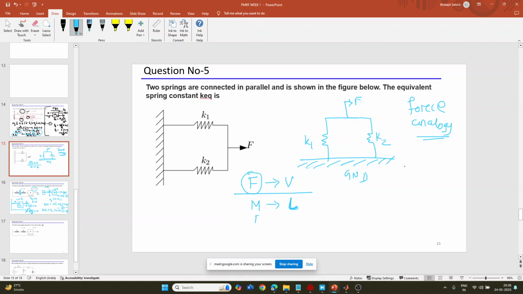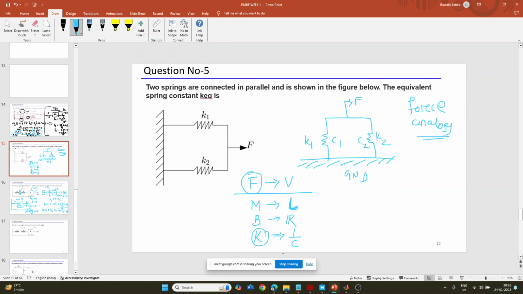Damper B, the damper, is a frictional force. It is always an opposing force, because friction resistance is there. That's why it is replaced by resistance. As mass is storing some energy, it is replaced by an inductor. But this spring is replaced by a capacitance, equivalent capacitance 1 by C. The spring is somewhere related to capacitance. That's why, whenever you find springs, you assume that these are capacitors. Now you can see the two capacitors are connected in what? Parallel.